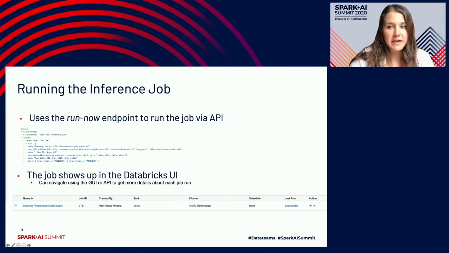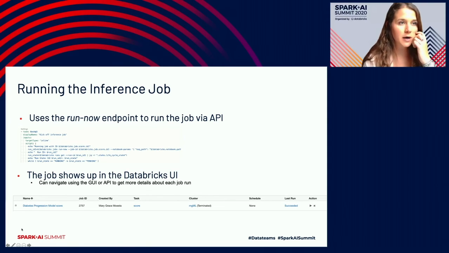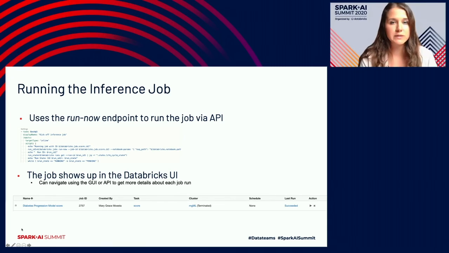To kind of, again, take a step back, I know this is kind of moving through things pretty quickly. But if we think about this process holistically, we've developed some code, right? So branched from our master branch on whatever version control tool we're using, developed some code. We were able to use MLflow to pick the best model that we want to use. We defined whatever the best model means, picked that one to use. We used MLflow to register it,